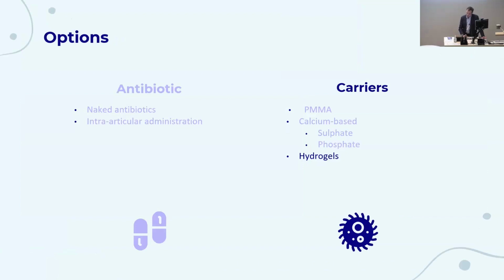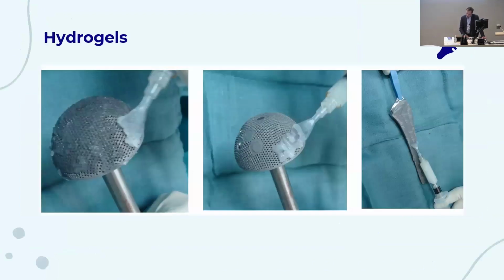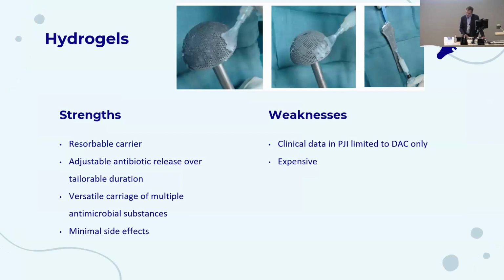One of the newer things we have available to us are hydrogels. Hydrogels carry significant promise in the future as a fully resorbable carrier that can be tailored to a particular clinical indication. They can be manufactured out of multiple different degradable polymers with variable antibiotic release and degradation time of the gel, and they can carry a wide variety of antimicrobial substances, as the hydrogel can be mixed at room temperature,